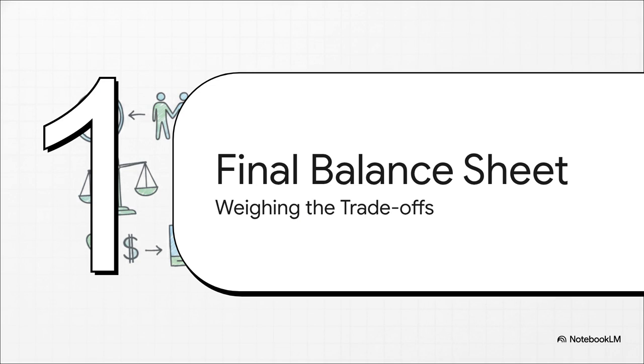Section 6. The final balance sheet. Weighing the trade-offs. Let's move to bring all of this together. We have audited the assets, the clear triumphs of allocation, stability, and security, and we've thoroughly audited the liabilities, the significant pitfalls of calculation, inefficiency, and the severe loss of freedom.